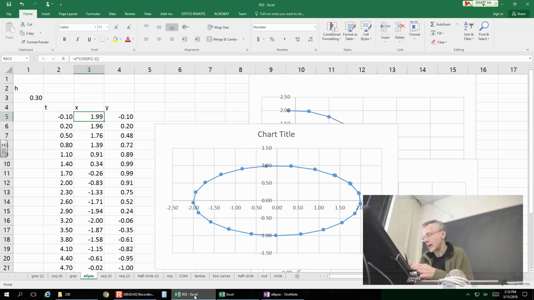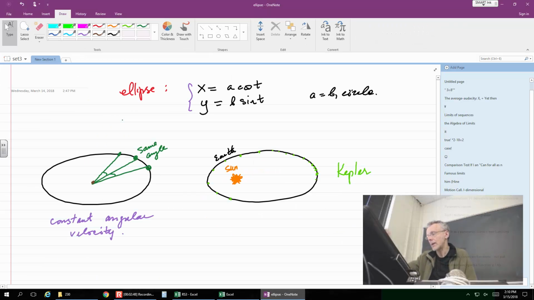In the meantime, the most interesting place for the ellipse is the motion of the planets, and that motion is not around the center of the ellipse, but rather around one of its foci. That creates asymmetry, and that asymmetry is also seen in how the speed changes. I tried to do what Kepler did, and that is to indicate that the farther away you are from the sun,